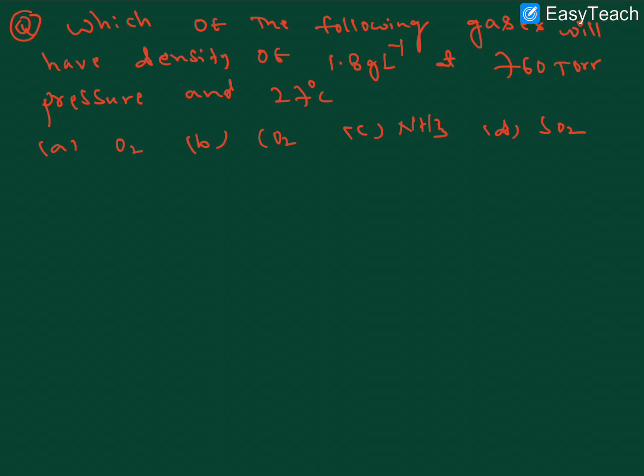So one more model question. The question is very simple. Already we have done the same before, but they're asking density here. The vapor of phosphine gas at 27 degrees and 3 bar pressure, what is the density? So what is the formula here? General formula: P is equal to density into R into T by gram molecular weight. So we need density, so density equals gram molecular weight into pressure by R into T, right?